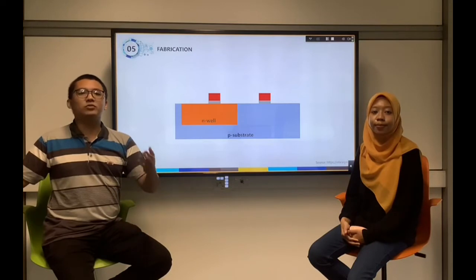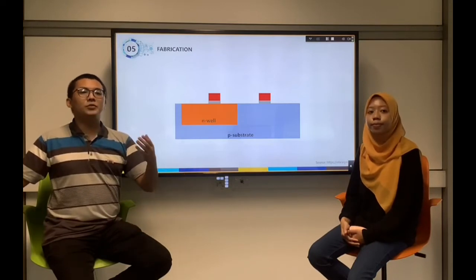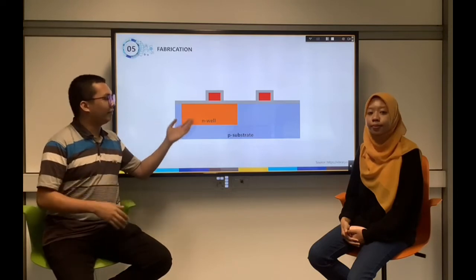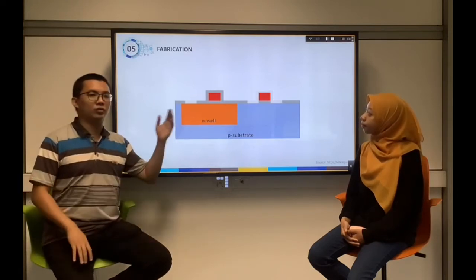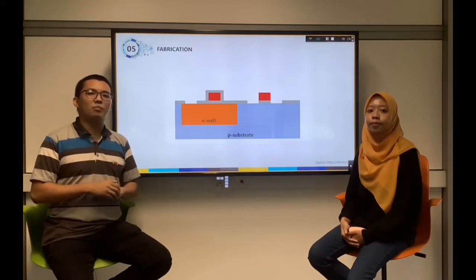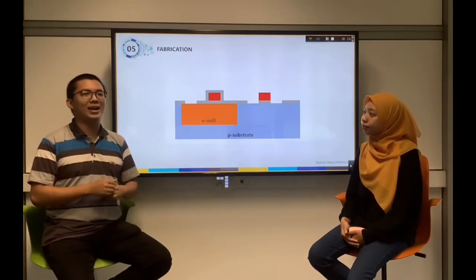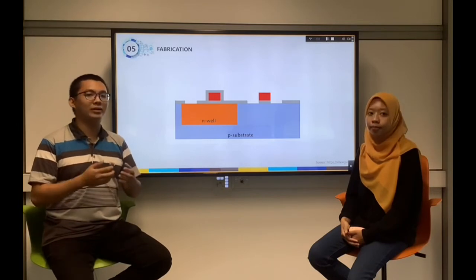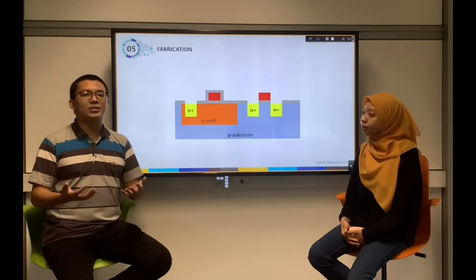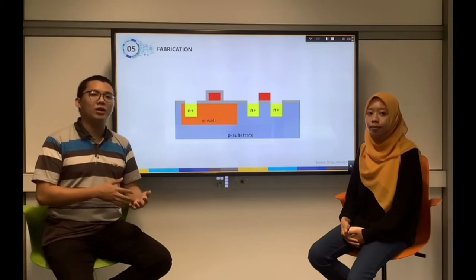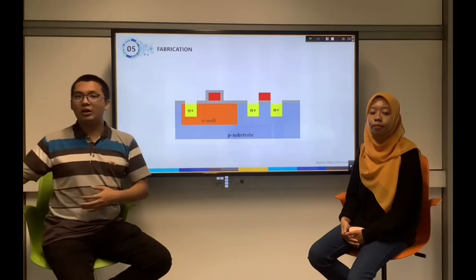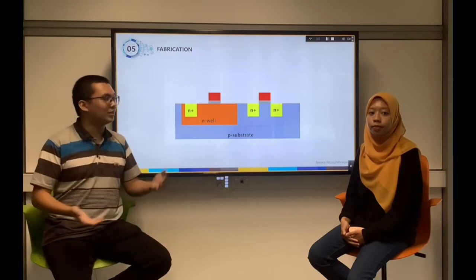So the next step is to dope the N+ region. We use the gate oxide or polysilicon to make the region for doping, again using photolithography. Polysilicon is more favorable than metal for self-aligned gates because it doesn't melt during the later processes. So the N+ region is formed through the N diffusion or ion implantation process. And now let's strip off the oxide to complete the patterning step.